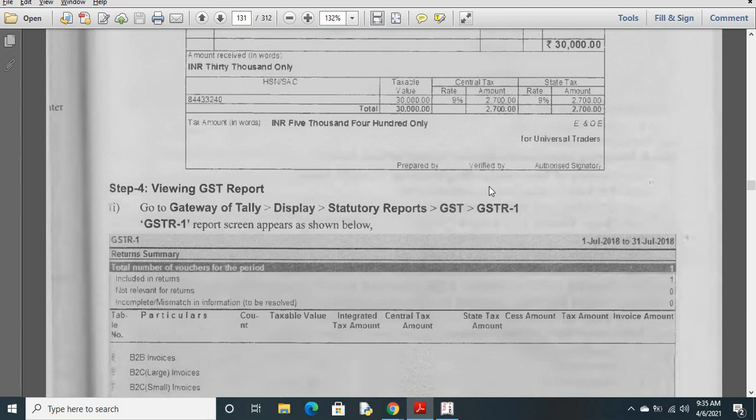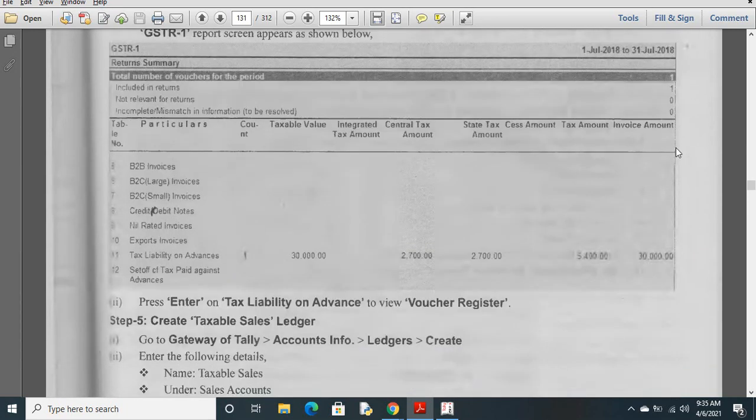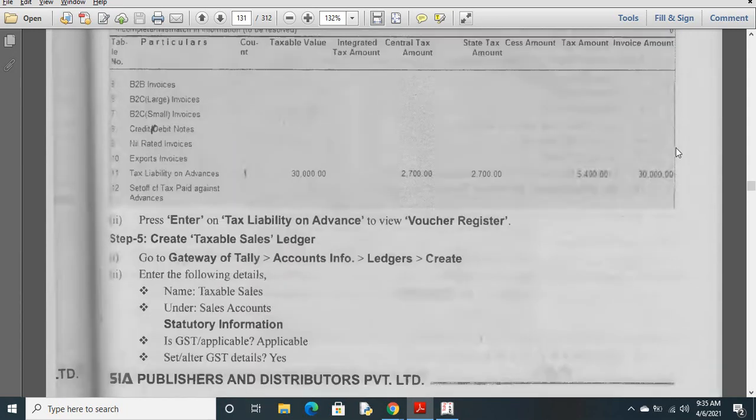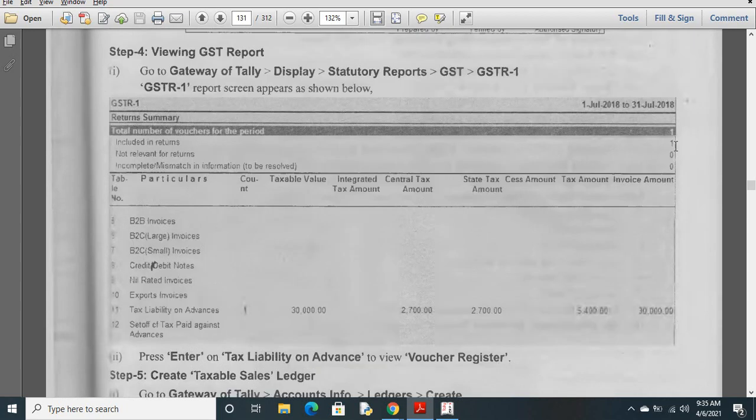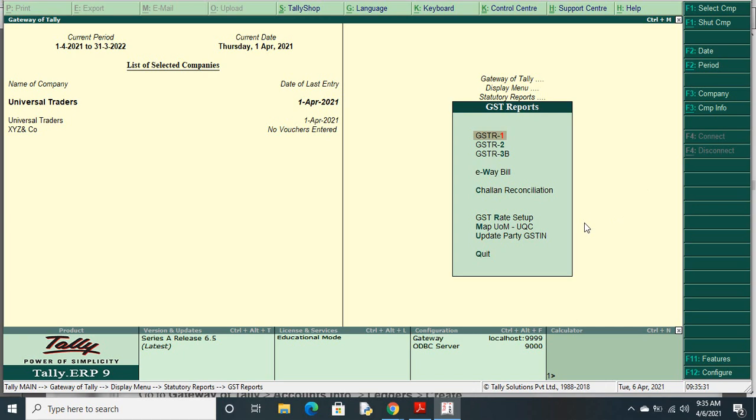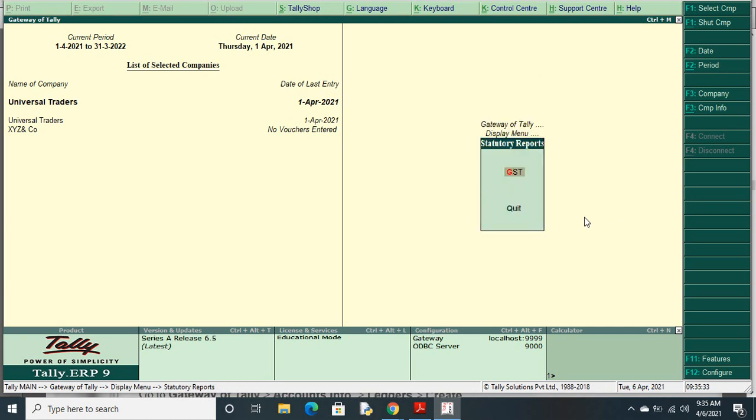See, the thing is, I am checking actually that the advance receipt option is not coming, so I am checking it out. Okay, no problem. I am just checking where all these options are. The thing is, right now my software is updated software, Tally. The one in this book is an old software. So that's the reason some options are not available in my system. That's what I am checking, where I have these options.